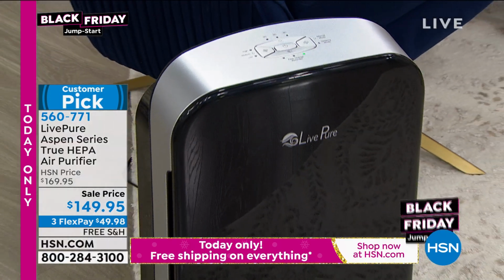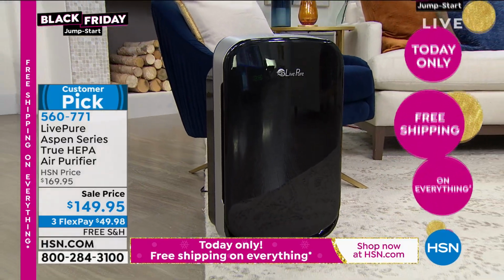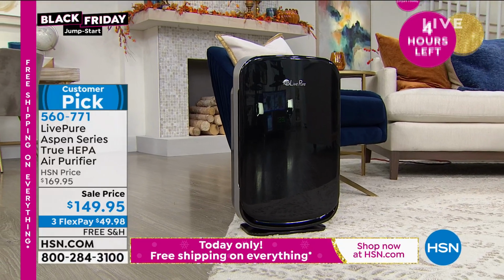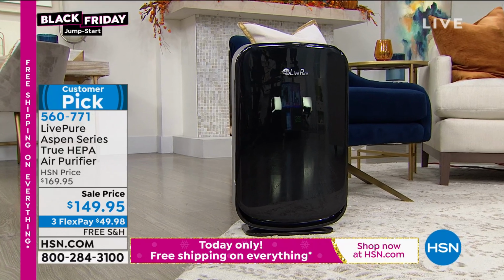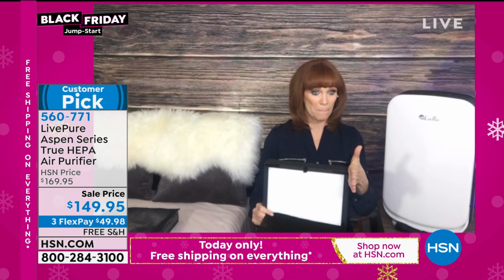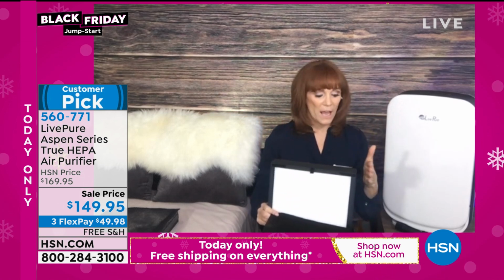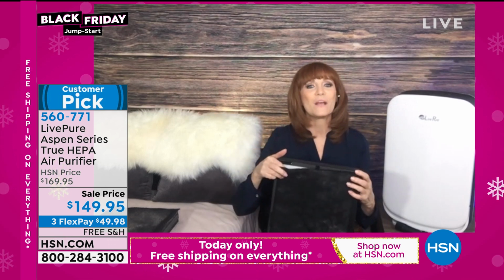I love that they added that animation. That's new because it's so important. And you might not have known, you know what, before I began to present air purifiers, I didn't know that you should look for a sealed gasket. You should take that filter out and feel it. If it's just papery, it means that allergens and particles can pass right through there and you get the same dirty air. This way, all the air is forced through 2 layers of filtration and you get 99.97% clean air